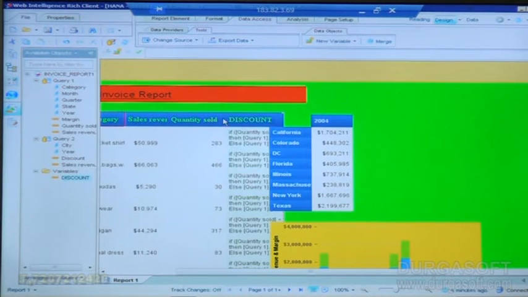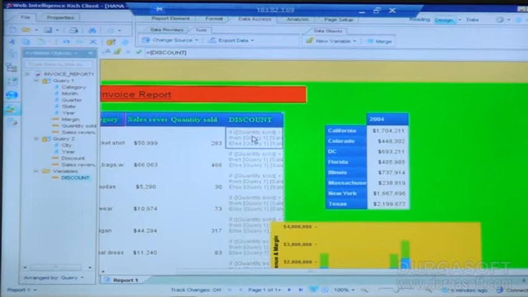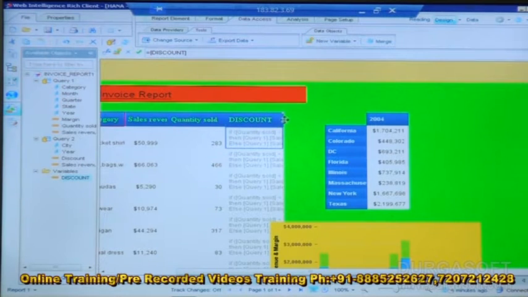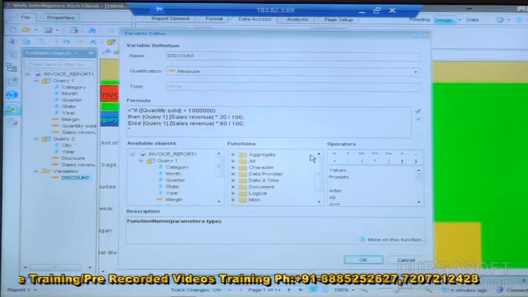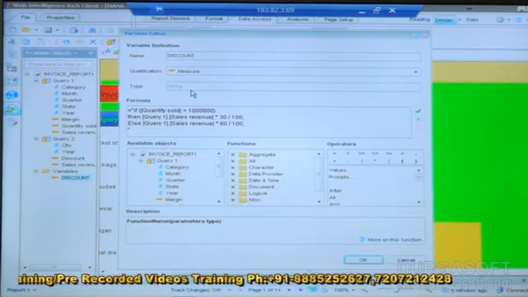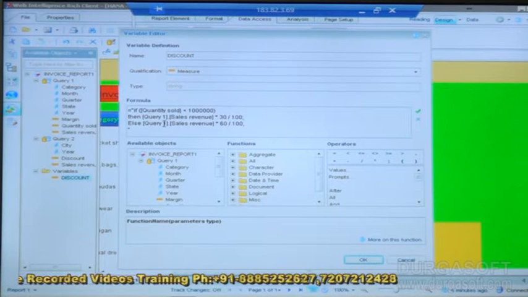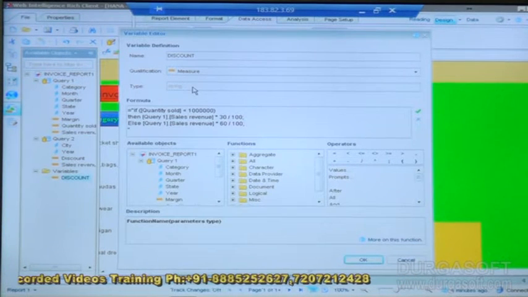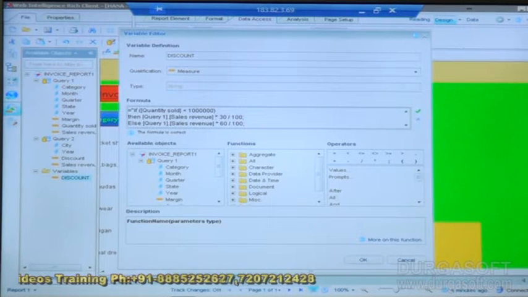Okay, so here we are getting this value but not numbers, right? If we are getting it like this, it means that the data types are mismatched. Here it takes a string value, but actually we need to take the conditions. The discount measure object takes the condition as a string, but it's wrong.